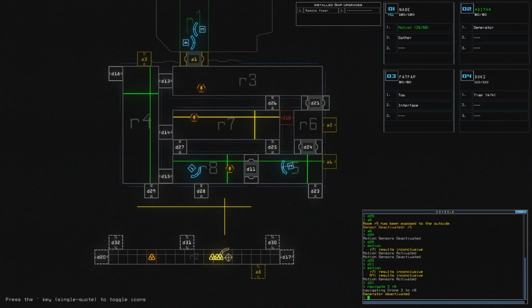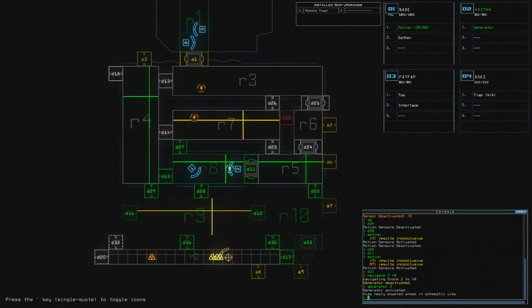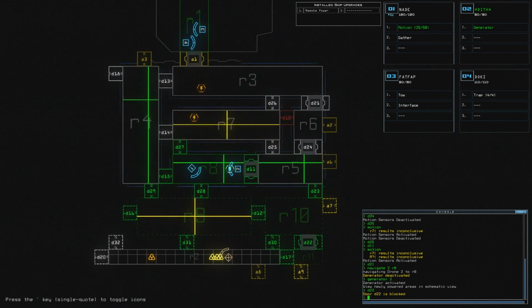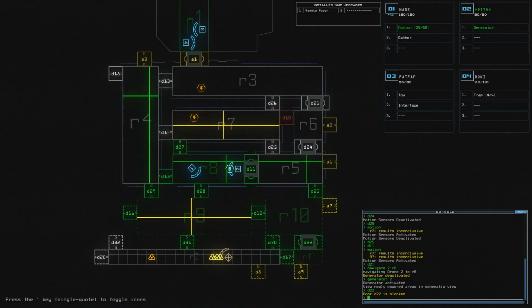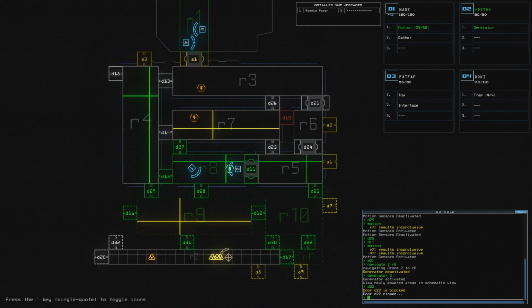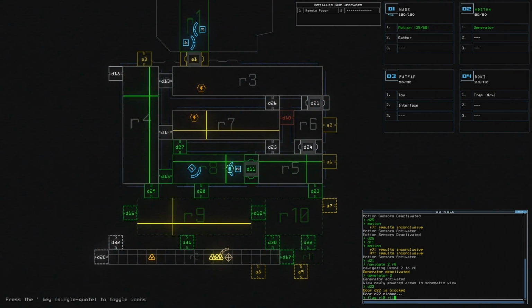Might not be the best idea. Right, generator 2. There we go. Door 22 is blocked, but if it closes, we know there's an enemy there. Usually, if it's blocked, that means there was an enemy there. Why is it not closing? There we go. So we know there is an enemy in either room 10 or room 11, so I'm going